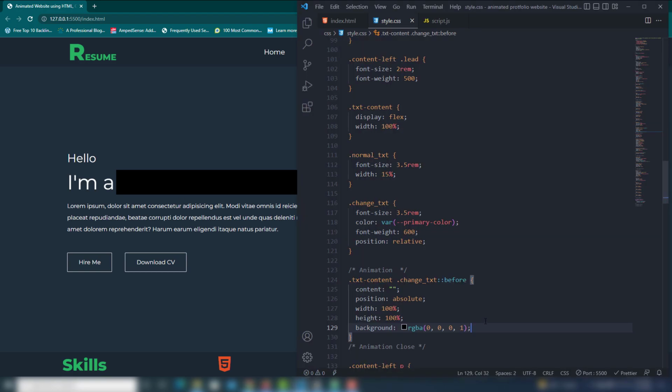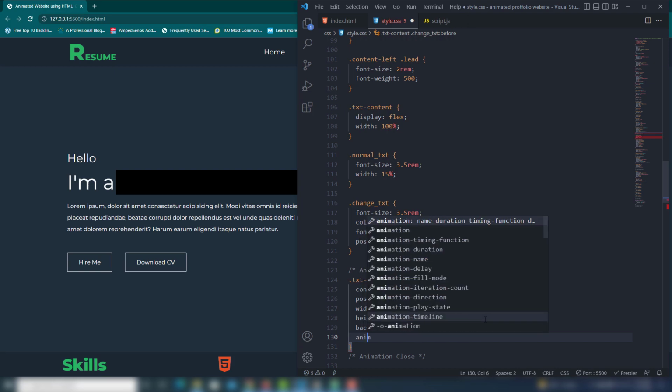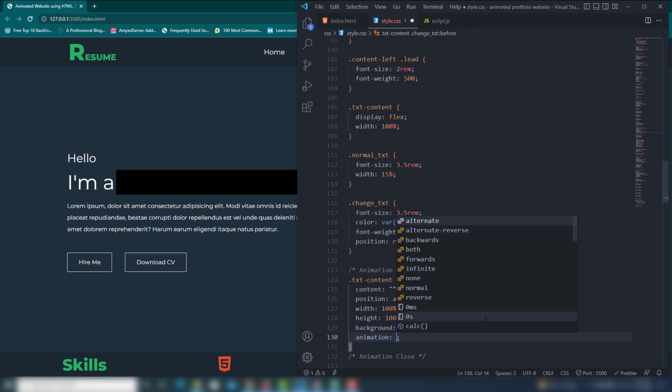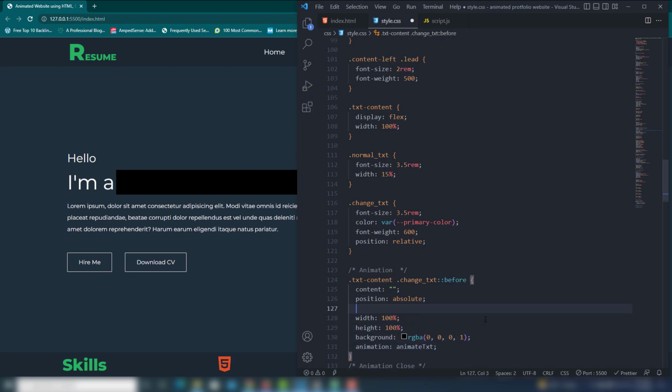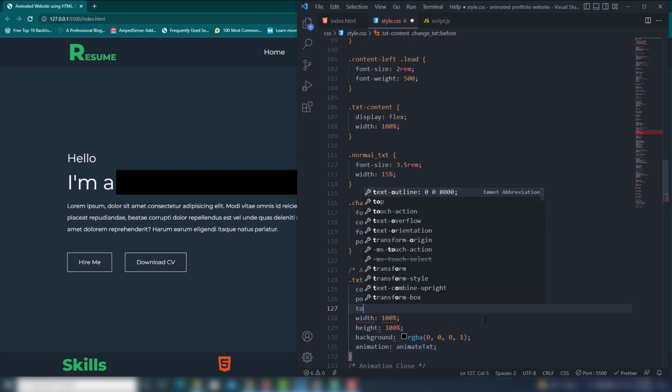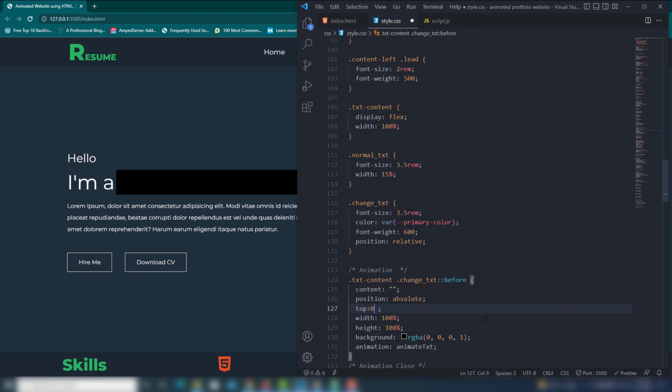Then I'm going to add the animation, animate text. I'm also going to add the positions top 0 and left 0, because we need to assign that.